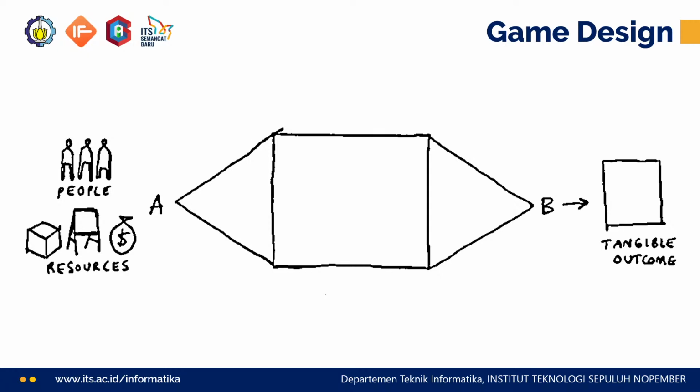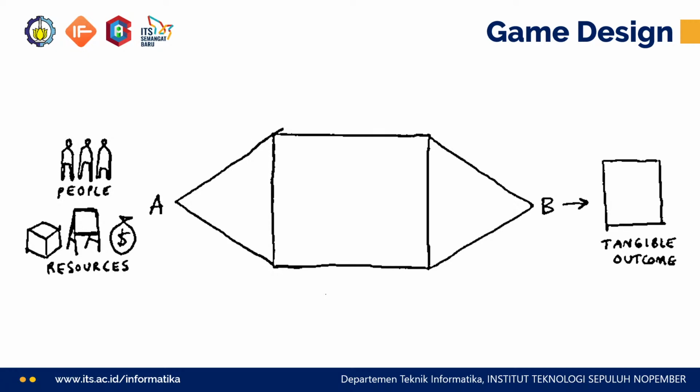The people can be the user, the tester, the developer, and the resources. Let's specifically talk about the people that are going to be involved inside the game, which is the user, and then the resources: the assets, the codes, the library, etc. If the case is a virtual game, or a game inside the machine. But if the case is a real life game, for example, the football game in real life, then we need to make sure that we purchase the ball, we have an adequate length football field, and then we contact our friends to join the game as the football players, etc. So we collect the resources, and then